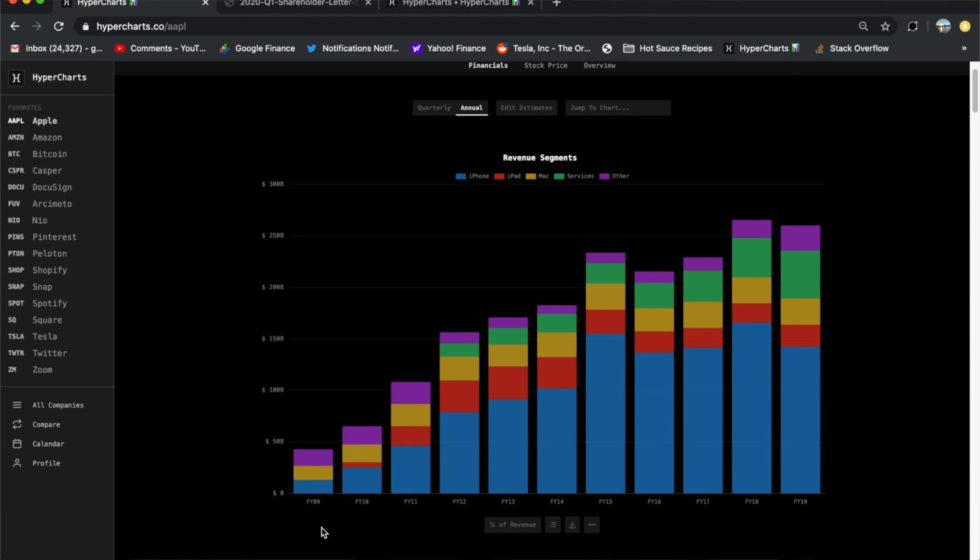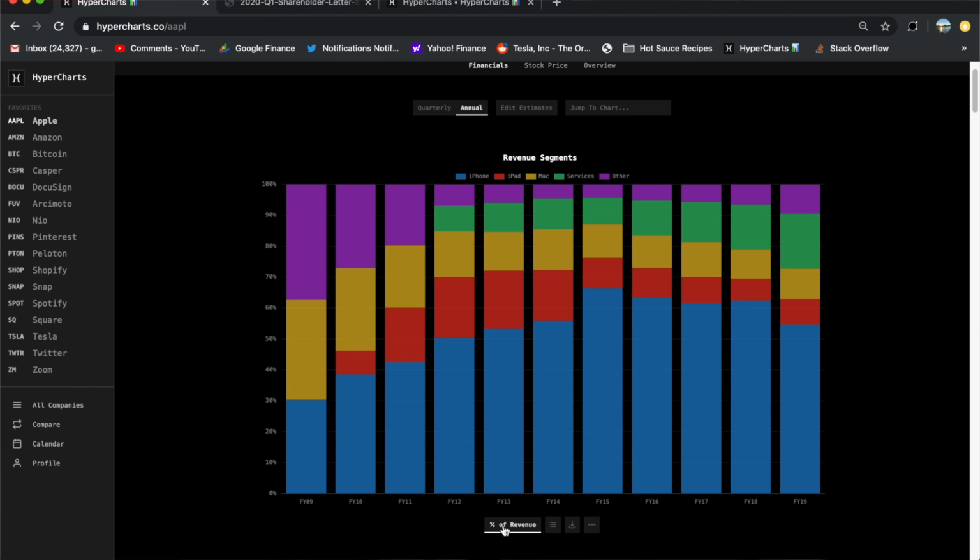And so to see that, this is just raw numbers, their revenue. We can go as a percentage of revenue, the different pieces of the business. Love this. So you can see the iPhone, at first it was the Mac. Hard to believe that that was 32% of the revenue and other. And then all of a sudden we have the iPhone that just becomes a behemoth in 2015, hitting 66% of overall revenue. This was a single product company. Apple sells a ton of stuff in its stores, but really the iPhone is the cash machine that took Apple to the top. And now recently the iPhone's been strong, but as a percentage of revenue has been going down